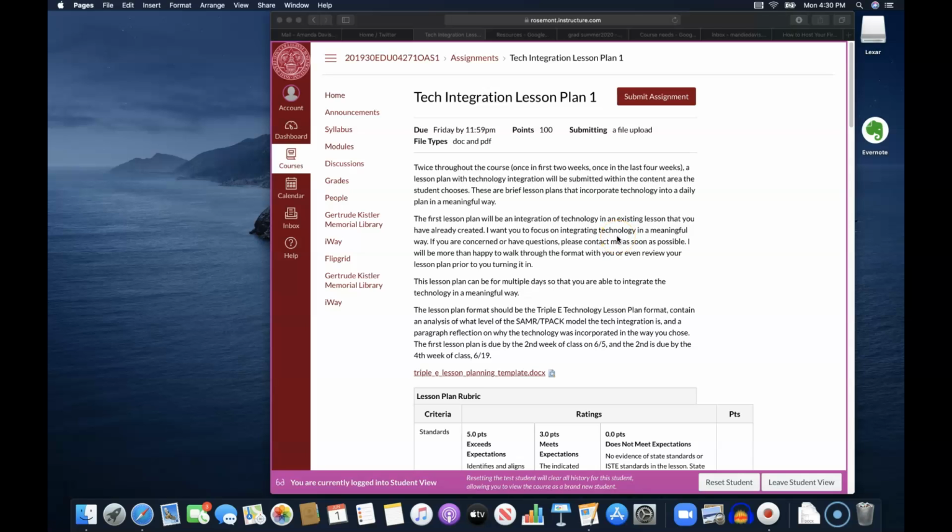You learned about great technology this week through the assistive technology chat and the podcast that I had you listen to. If you don't know of any technology to integrate into a lesson, that's when you say, hey Ms. Davis, I need help with this. Can you look at this and give me some ideas? I will point you in the direction. It can go multiple days. It could be a 30-minute lesson.